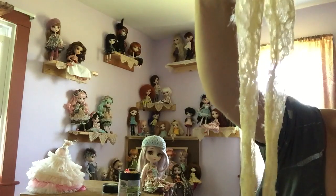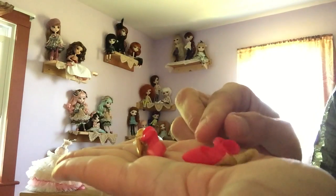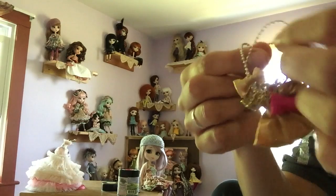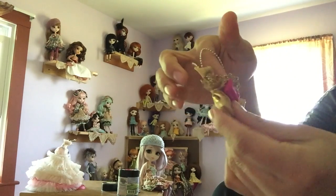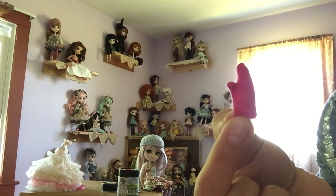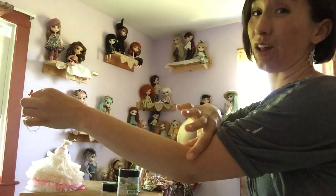She comes with these cream color lace pantyhose with an elastic waistband. Her hot pink little pumps remind me of Barbie shoes. This adorable gold color clutch, which has two separate handles. And of course, you can put a little something in there, and what I've put in there are her hot pink gloves, which I think are a little bit too short. I mean, I suppose they could have been mittens, but it seems that with her costume, they should have been elbow length